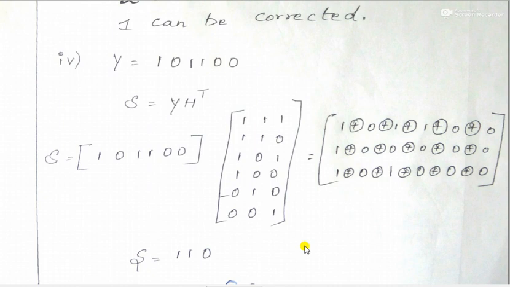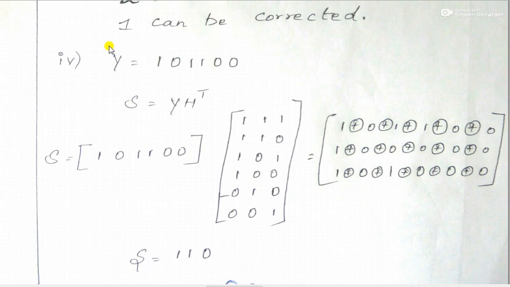Now this is the received vector, and here only one bit is in error, so we want to find which bit is the error. From that one we can identify what bit was transmitted. We don't know what bit was transmitted, so that transmitted vector is x. Now our aim is to find the value of x.